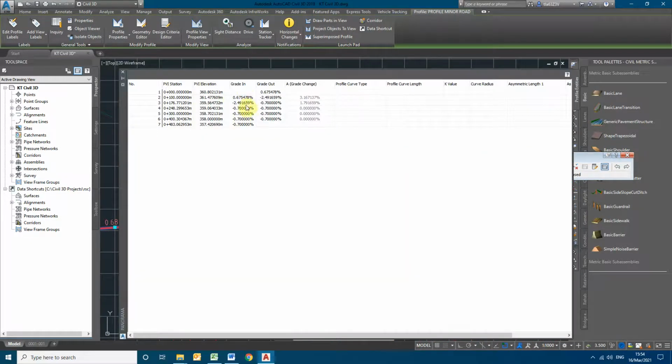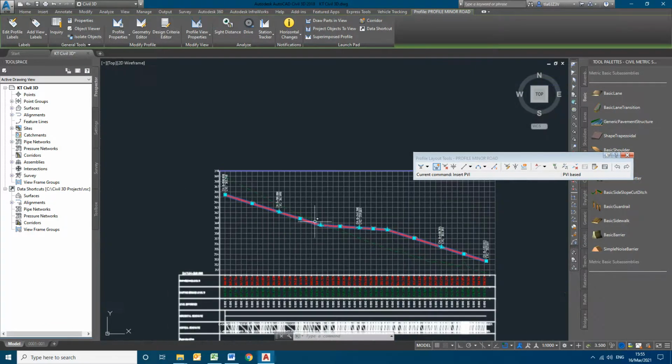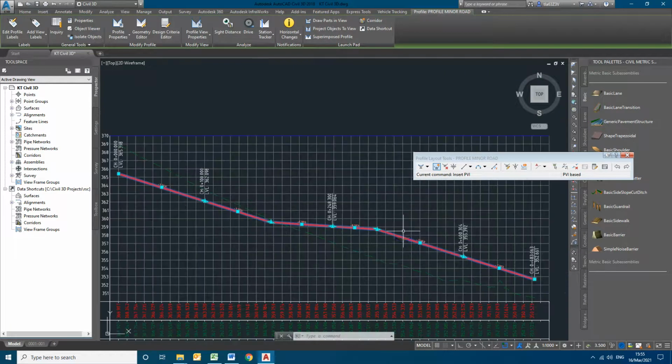So now we are making it flat at the junction, and again we are following the same rule in the gradients.